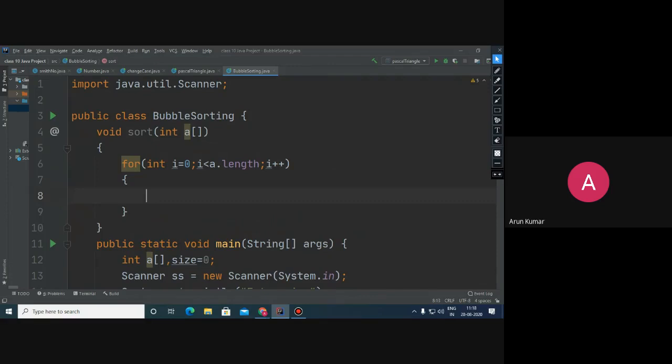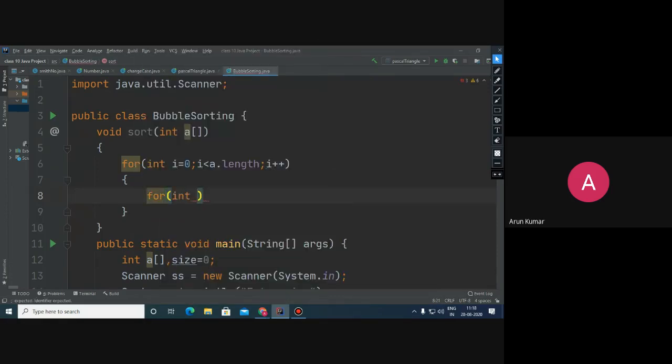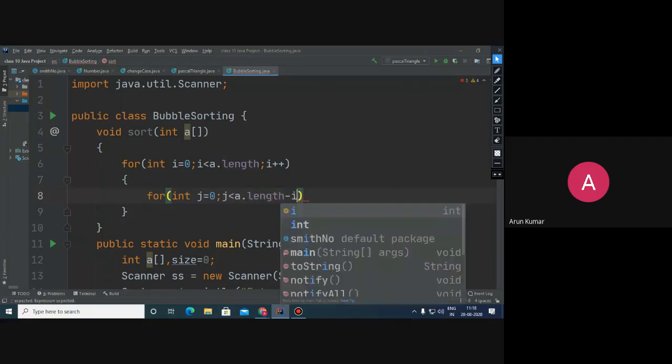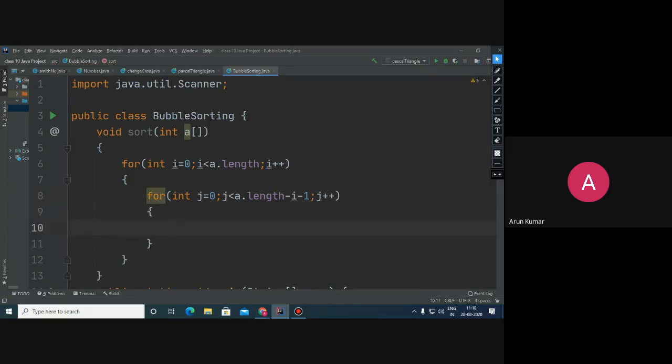This loop is for the number of phases, and this loop is for the actual comparison of the elements. j less than a.length minus i minus 1 and j plus plus. Now if a of j is more than a of j plus 1, if this is the case, we need to swap.